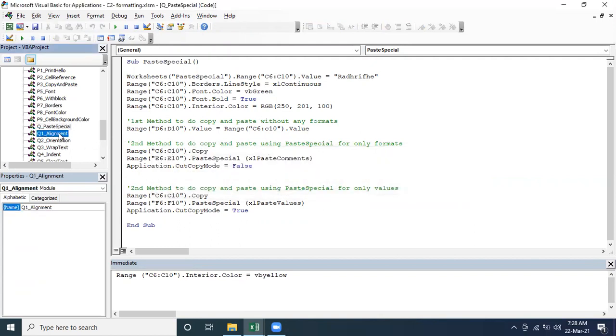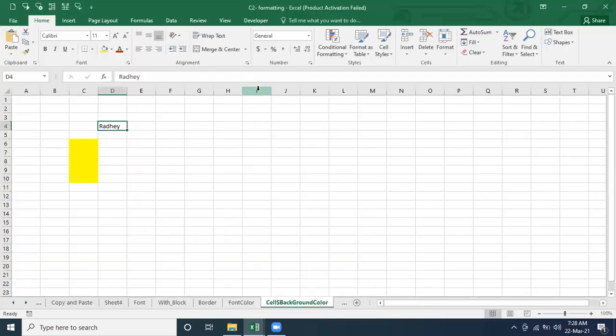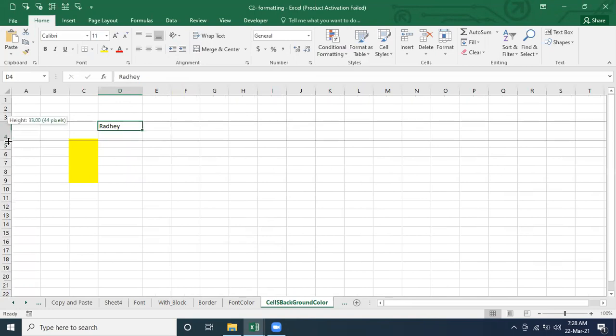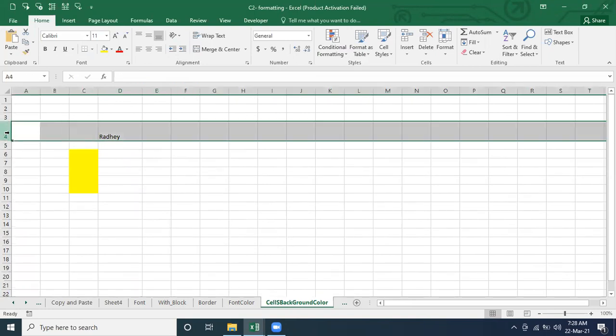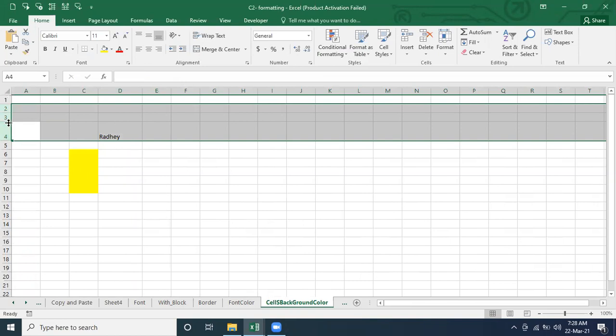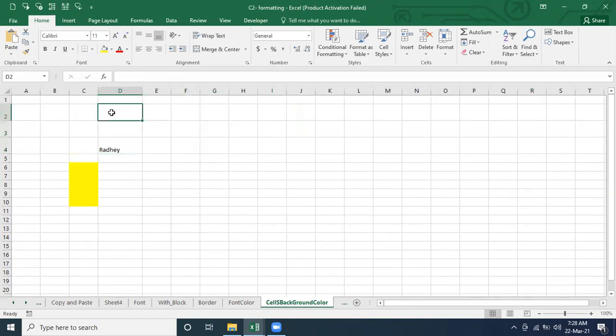Alignment. Yes, we have to talk about the alignment. So manually, if you are going to do the alignment, see here. It depends on what value you are going to pass, and that behavior it will have. By default, if you pass the right hand side bottom corner, if that is a boolean, then it will be center, horizontally, and vertically it will be bottom. And text will be the right corner, left corner, bottom left corner. So this is the one.